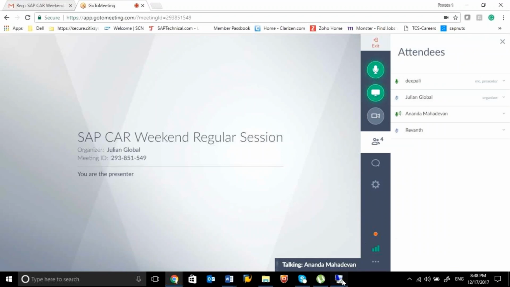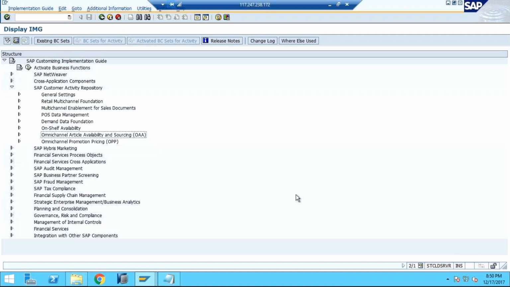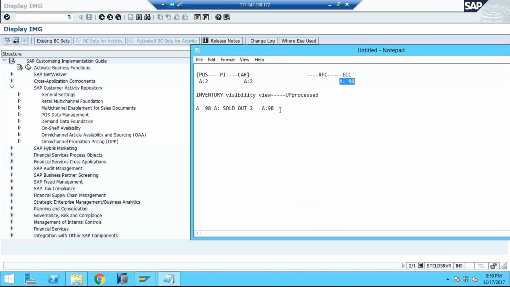So next we'll move to a very important and huge module of CAR. It's not a small module, because we have to do a lot of configuration for demand data foundation. We'll move to demand data foundation now because we have to do a lot of configuration in ECC as well as in the CAR system for demand data foundation. Now, what is demand data foundation? You can see under the DDF module, there are another 5 modules,